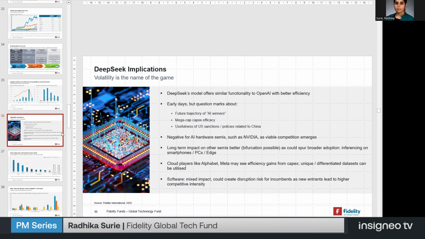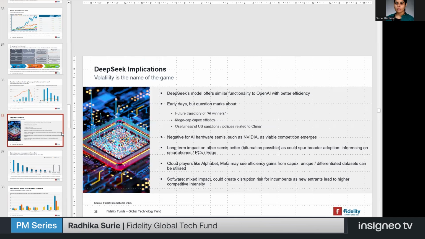So his view has been that as you see technologies develop, costs go down, efficiency increases, which is good for the deployment of that technology, but maybe less good for the more apparent winners because they lose some of the leadership position that they have. So in the context of the sell-off we saw related to DeepSeek, we have added a position in the hardware semi space, which was previously too expensive. I'm not able to name that right now for disclosure reasons because the trades have been done quite recently.